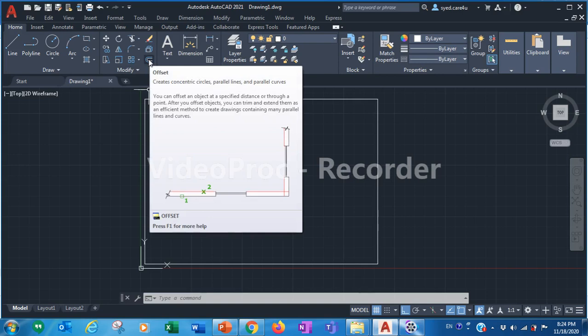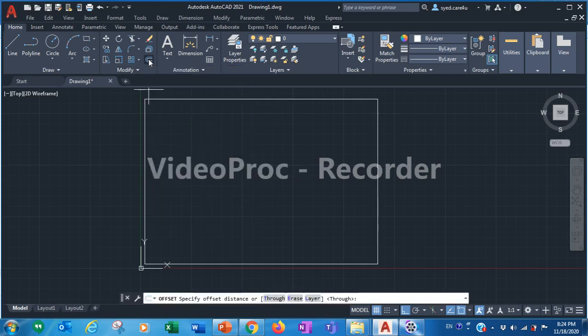Here it is asking to specify the offset distance. What is the distance at which you need to create the parallel line? I need the distance 5. So here type 5 and then press enter.